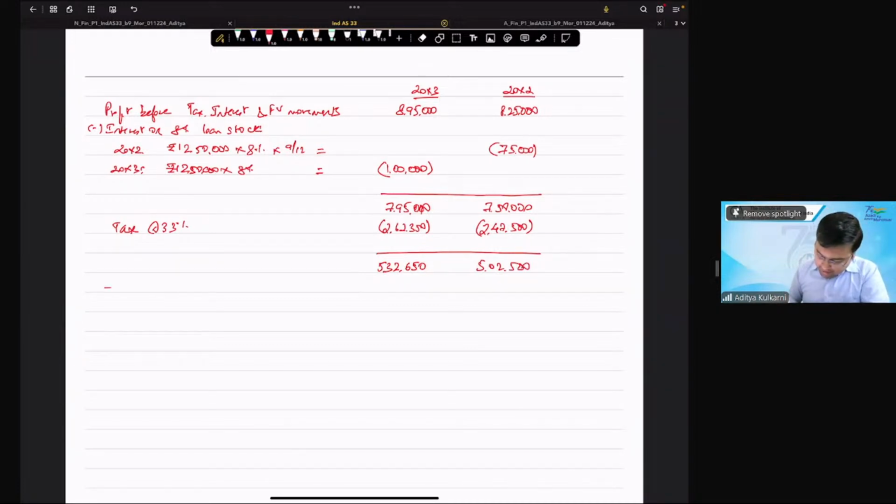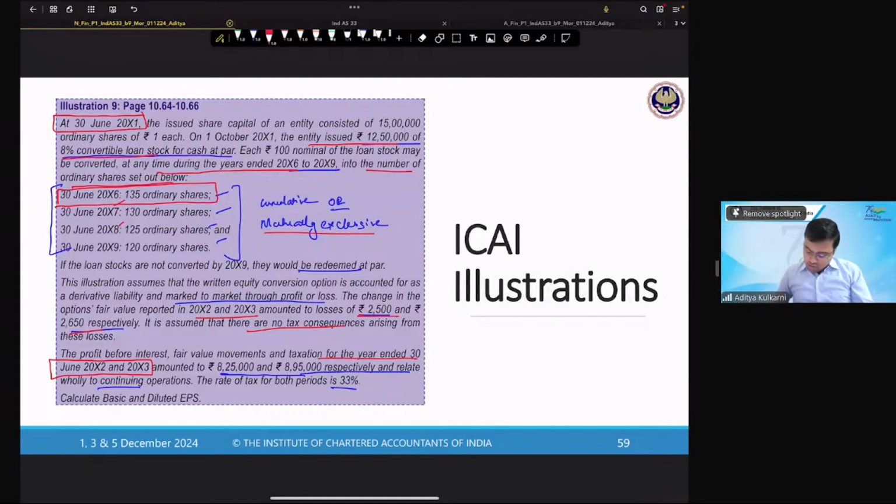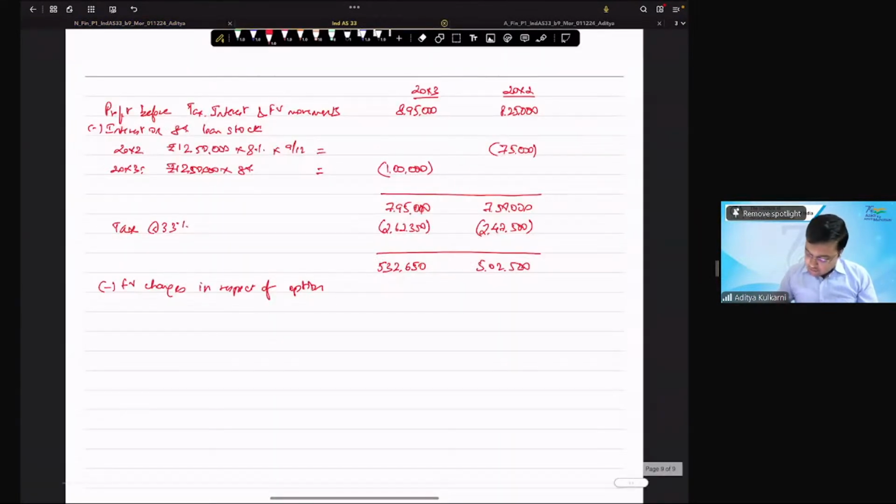5,02,500. Less fair value changes in respect of option. They said there are no tax consequences. That means these are not allowable for taxation purposes. So this is 2,500 and 2,650 and 2,500. So that gives you